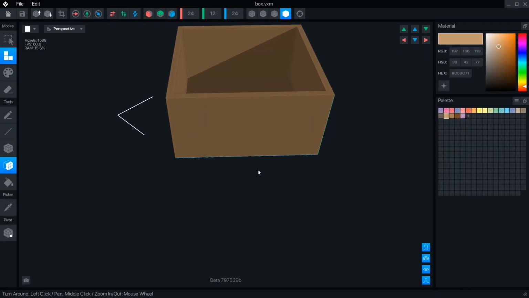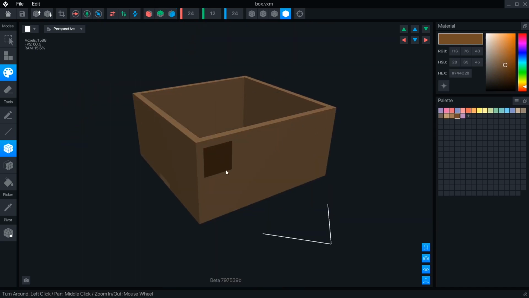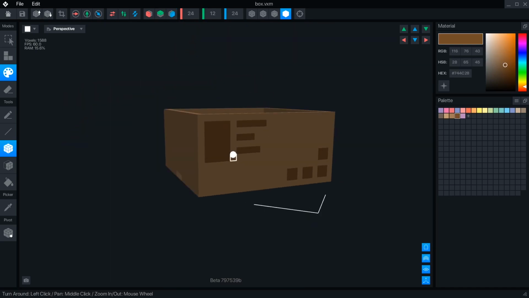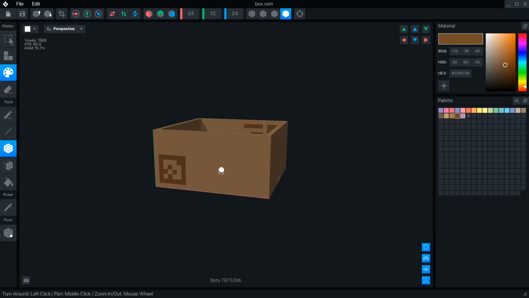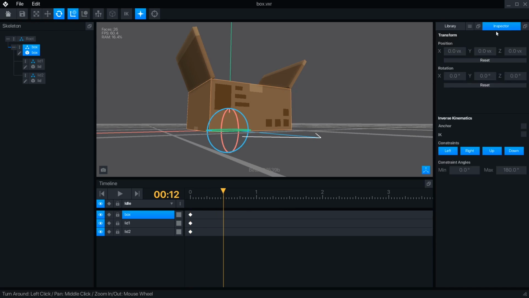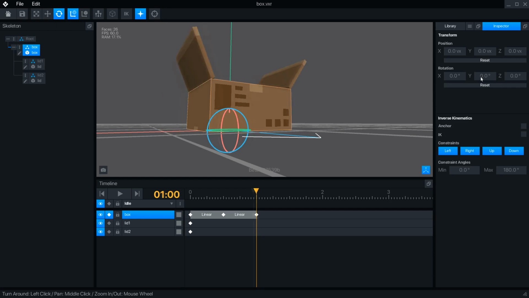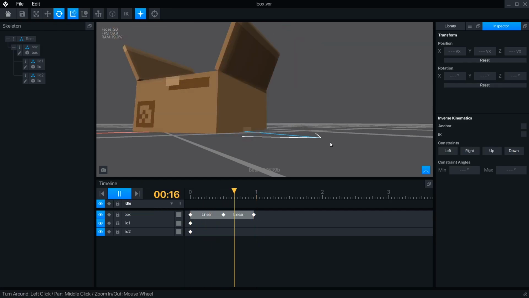VoxEdit creates 3D models by using cubes called voxels. Many people like to think of voxel art as 3D pixel art. There are other voxel modeling programs, but what makes VoxEdit special is its ability to create rigs with multiple animations. It is totally free to use VoxEdit, and you can use it for any project you want, both personal or commercial. Whether you're making something to render with Blender, or creating character animations for a game in Unity, VoxEdit can export to several common formats. Learn more about exporting and importing files to VoxEdit in the video linked here.